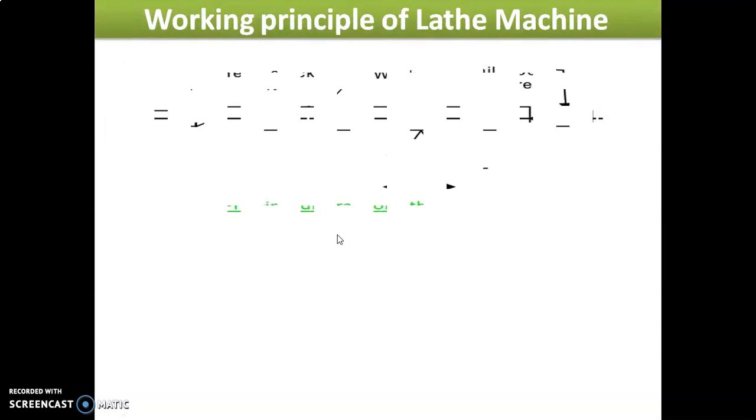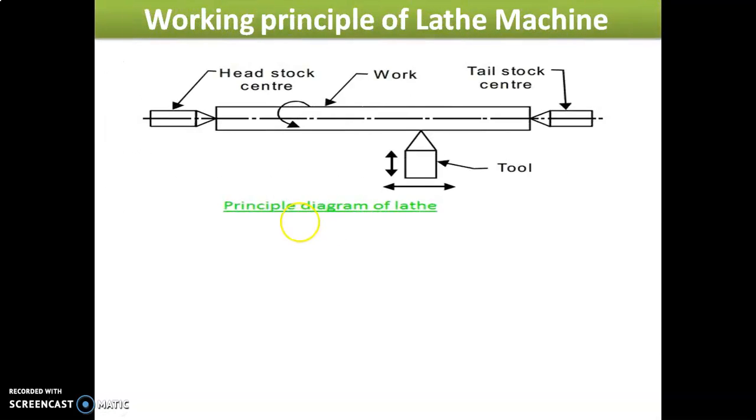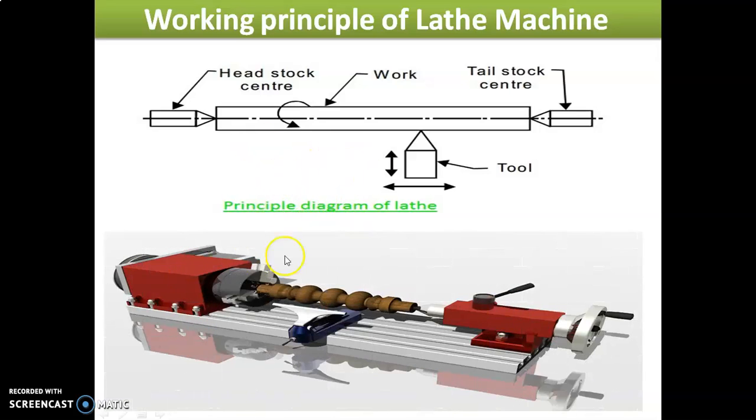So in this diagram, we have some lathe machine parts. Already we have studied the parts of the lathe machine in the last class. See here, all of you observe carefully. This is our headstock and this one is tailstock. In the headstock we have the spindle, and the spindle is attached to the chuck. This is our chuck, this one is a live center and this one is a dead center. In between the live center and dead center, generally we place the workpiece. This is our workpiece, this is a bed, and this one is a cutting tool.